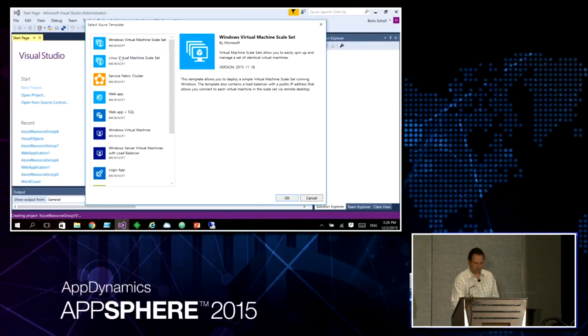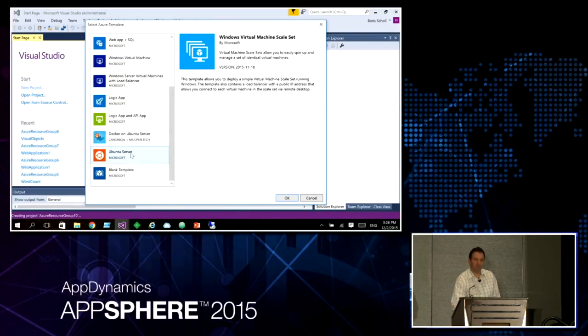So we have virtual machine scale sets, service fabric cluster. You can see this mostly our Apache stuff where we want to do stuff. We also have a Docker image because we also have Docker tools. So you can basically create a Linux VM with Docker on it and then use our tools and just deploy right into the create a container and basically launch those containers. And then if you have already a JSON template, you can basically just use a blank template and fill it